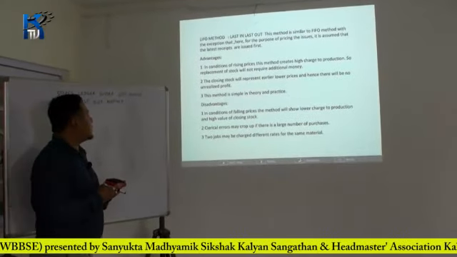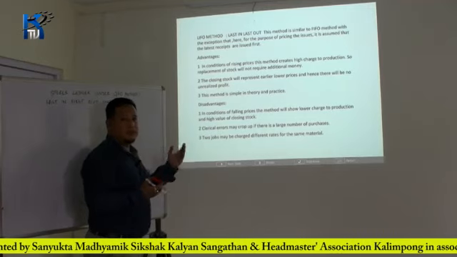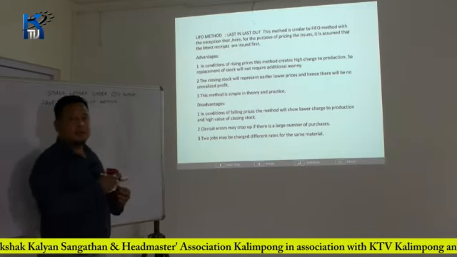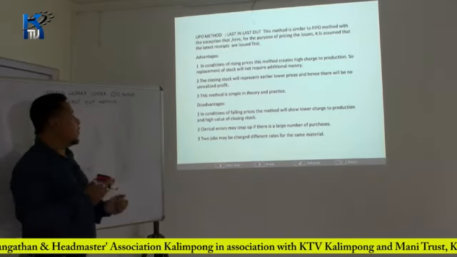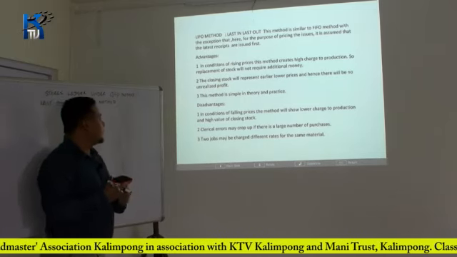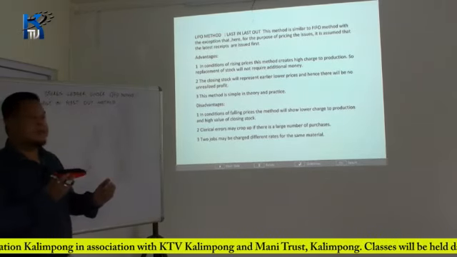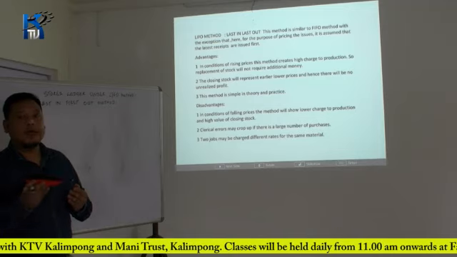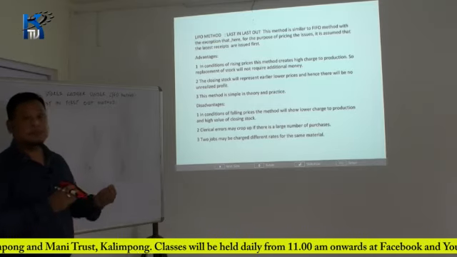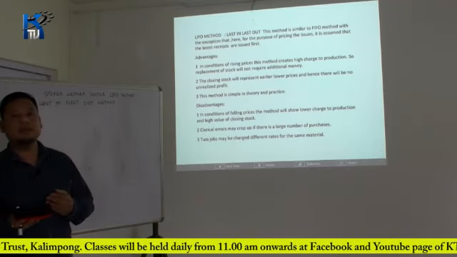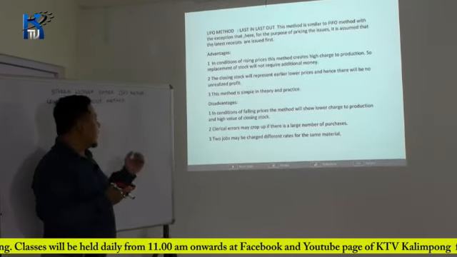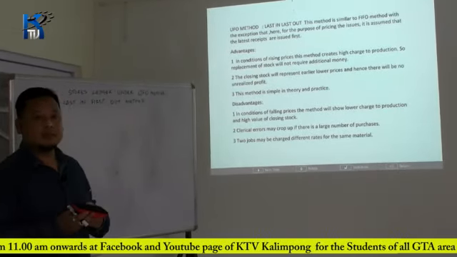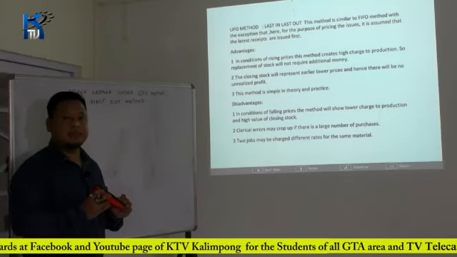But this method also has certain disadvantages. It is suitable for rising prices, but for decreasing or falling prices, it will show a completely opposite result. When prices are falling, the cost of production is shown less, whereas the value of closing stock will be shown at a higher value. So this inflates the profit and there will be a drainage of capital. Again, when the number of purchases is large, there may be some clerical mistakes.